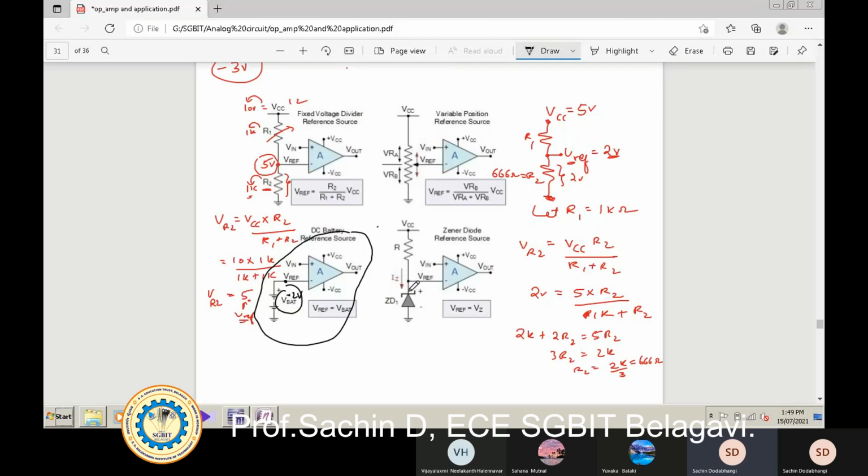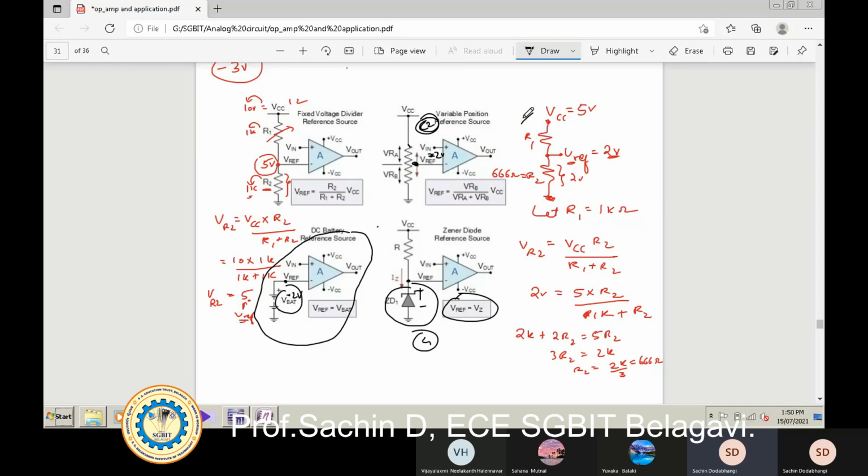Or else you take a Zener diode. So voltage across this Zener diode will be my reference voltage. That is the fourth diagram you can see. Voltage across the Zener diode, that is Zener voltage, gives reference voltage here. Or take a pot. Second diagram. You can see second diagram here. This is my pot. In this pot, I am varying this pot until I get reference voltage to be 2 volt. See, here I am taking 2 volt just as an example for the reference voltage. So this is how there are 4 methods to set the reference voltage.